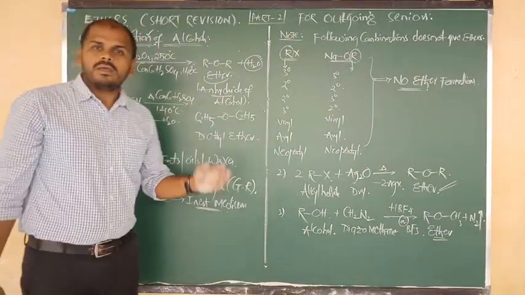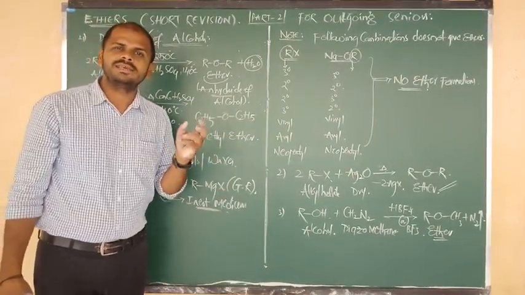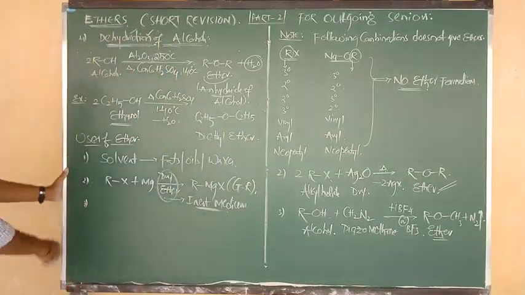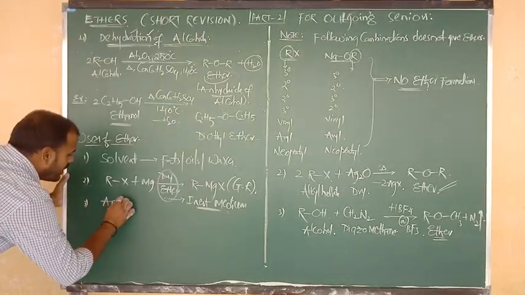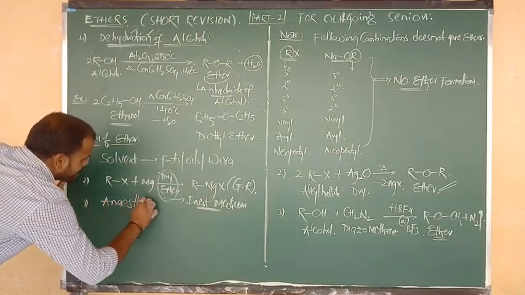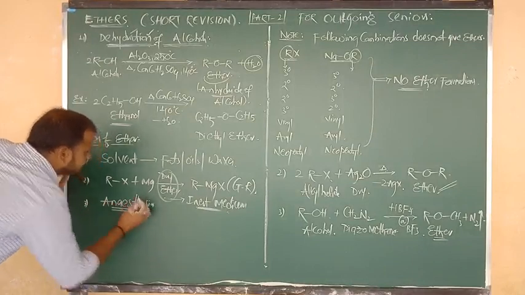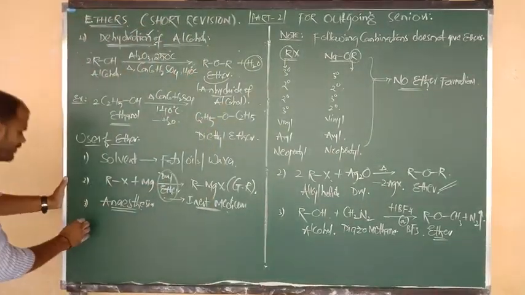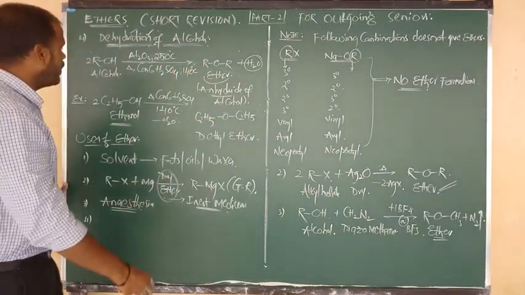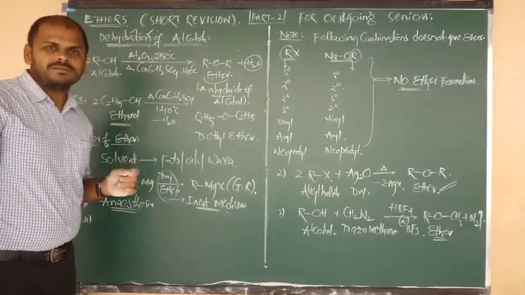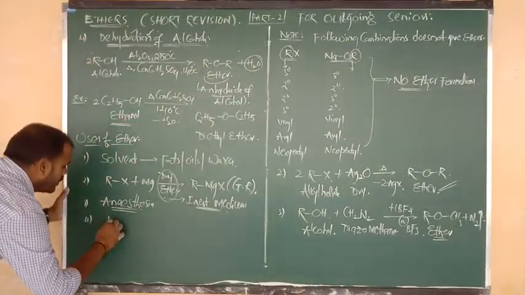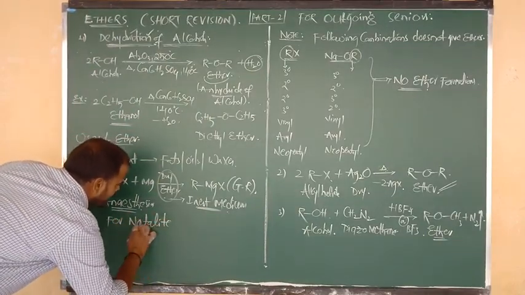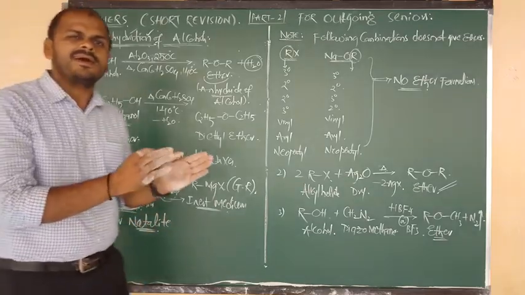Yes, beta, listen carefully. Ethers also have a little bit of a nature somewhat like chloroform, that is nothing but anesthetic nature. So we have to say that ethers are used in anesthesia, for the purpose of what, beta? From the surgery point of view, they are used, beta. Next, I want to discuss another thing. Ether has one very important use, beta. The use of ether is nothing but it is used for natalite preparation. Used for what, beta? Natalite preparation.